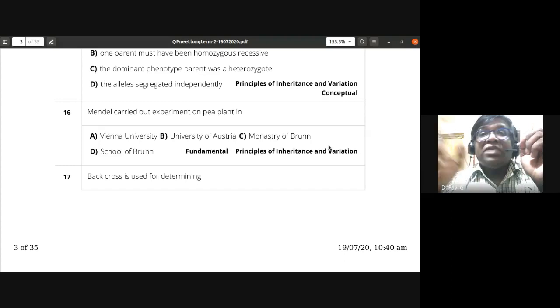Okay, so reciprocal cross, we are swapping the gender of the parents. That is what it is. So back cross can be any parent, dominant or recessive parent. If an unknown plant is crossed with its dominant or recessive parent, we call it a back cross. That is why you should remember all test crosses are back cross, but all back crosses are not test cross.